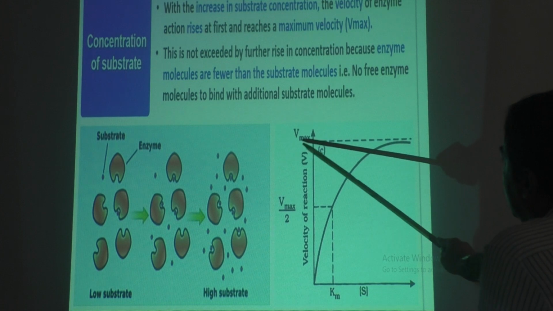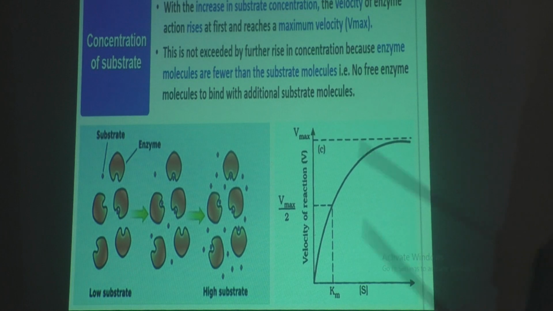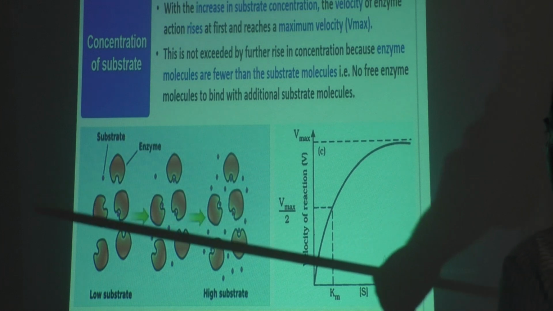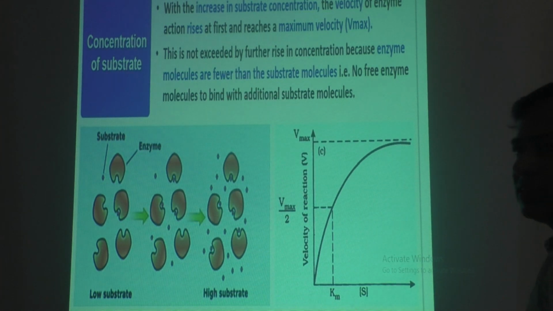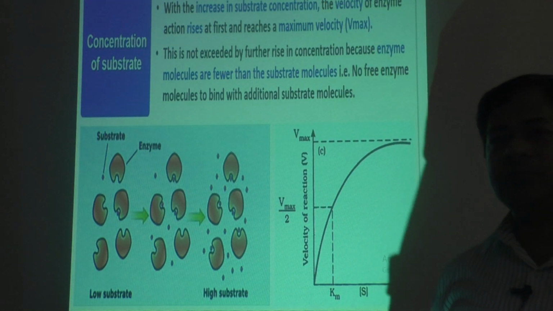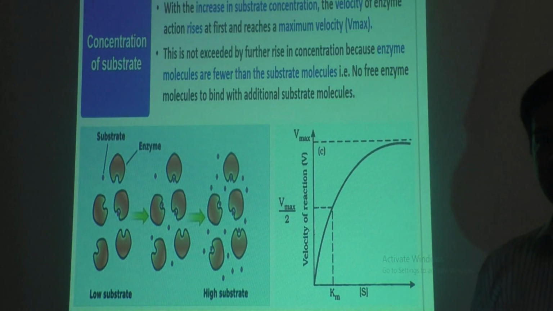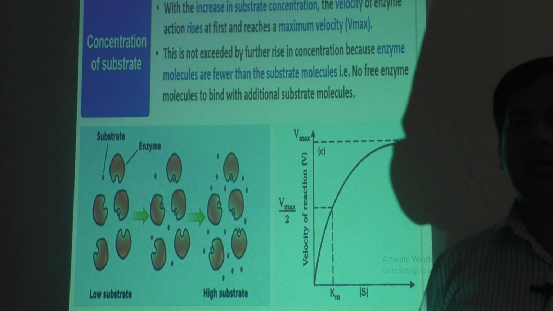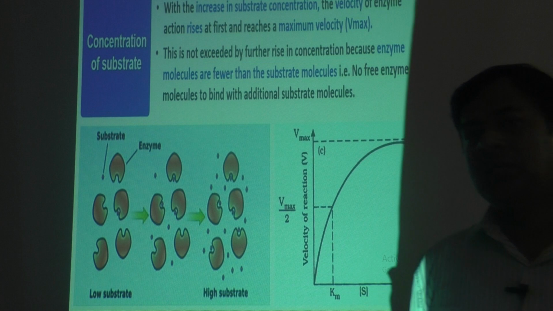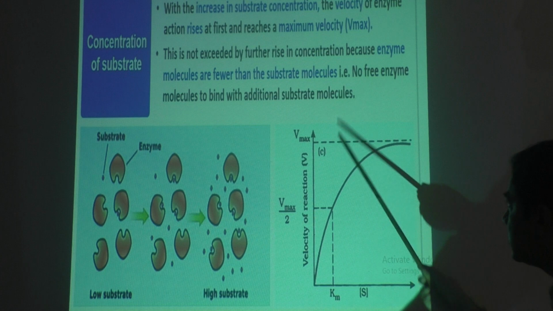You can see this dotted line they are showing when it reached maximum here, that is called Vmax. Vmax, maximum velocity. Max means maximum, V means velocity. That means when you increase substrate concentration, the velocity reaches maximum. Take an example: lactase is an enzyme and milk is a substrate. First you had taken only 1 glass of milk, now you are increasing it to 2 glasses of milk but the same concentration of enzyme. Then what happens? The reaction becomes faster and it reaches maximum, that is called Vmax.